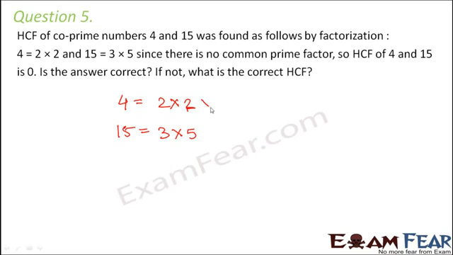because when we write 2 into 2, there is basically a 1 hidden here, which we do not write because multiplying anything by 1 will give the number itself. So basically there is a 1 which is being hidden here. So 1 is always a common factor between any two numbers. Doesn't matter whichever numbers they are, whether they are odd or even, they are consecutive or non-consecutive. For any two numbers, you will always have 1 as a common factor. 1 will always be there. Now other than 1, you might have many more common factors, but 1 will be there. So in this case, the HCF will not be equal to 0, but it would be equal to 1.